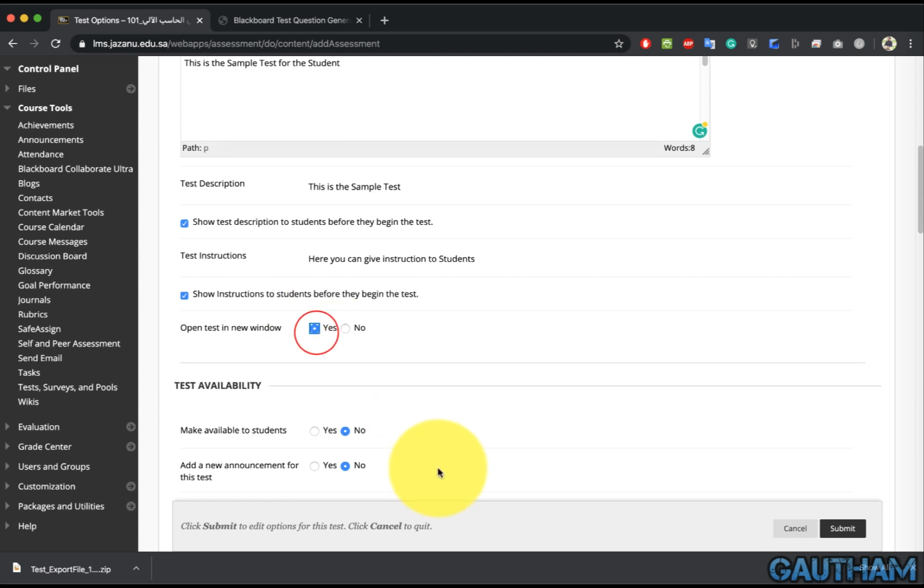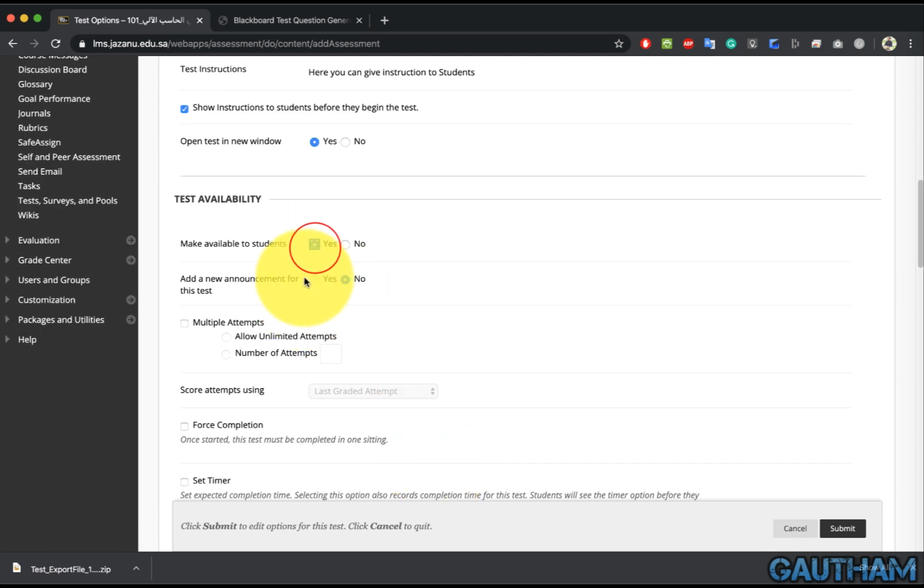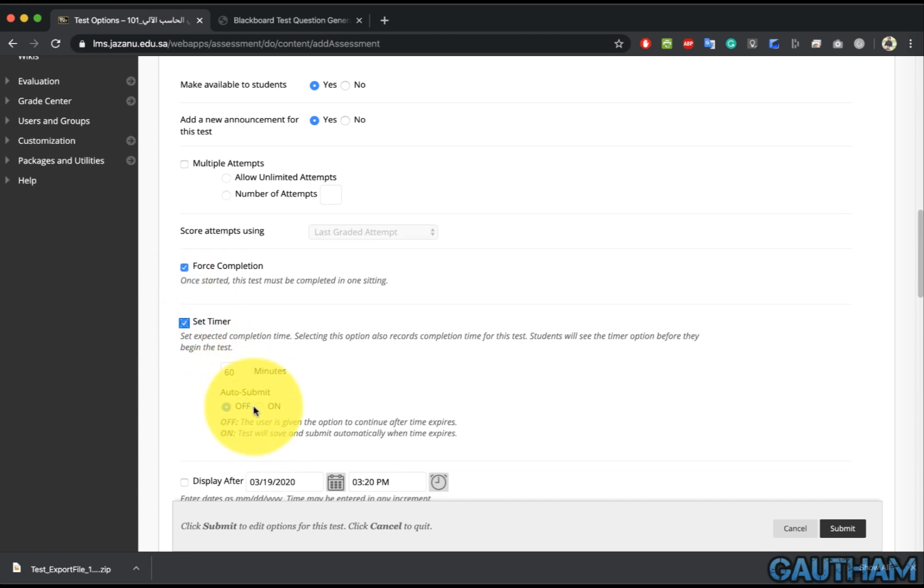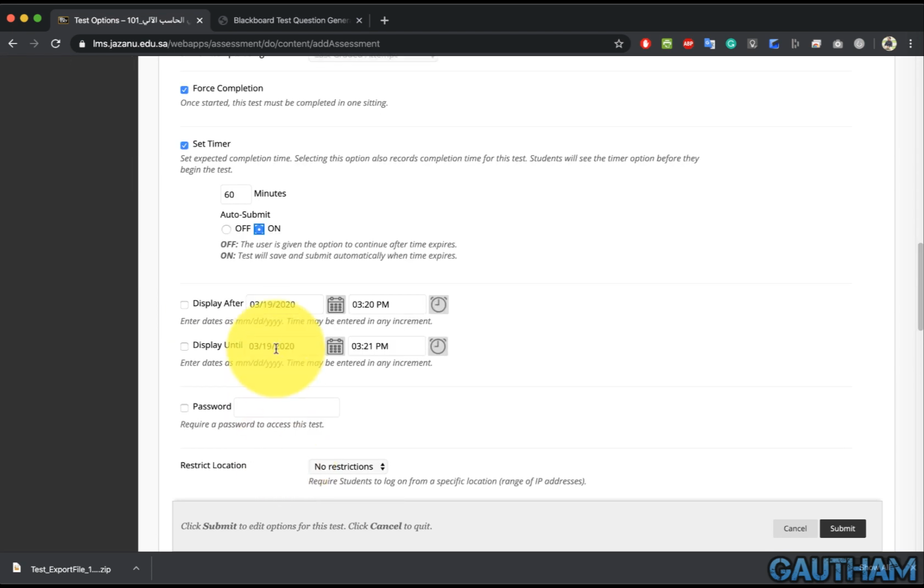Open the test in a new window, make it available, add a new announcement, and allow a limited number of attempts or unlimited number of attempts, force completion. I want to set the timer, how much time you want to give, 60 minutes or whatever it is. If I set it on 60 minutes, after 60 minutes